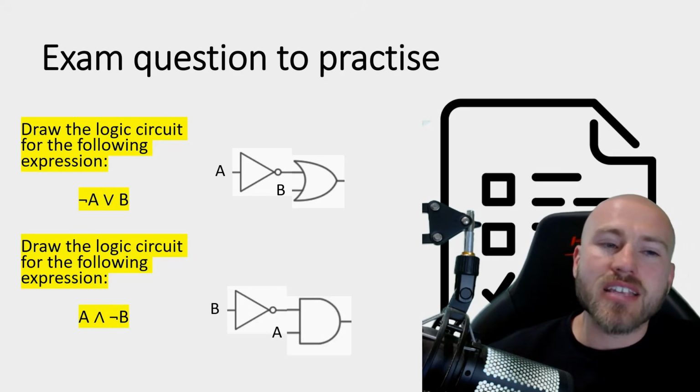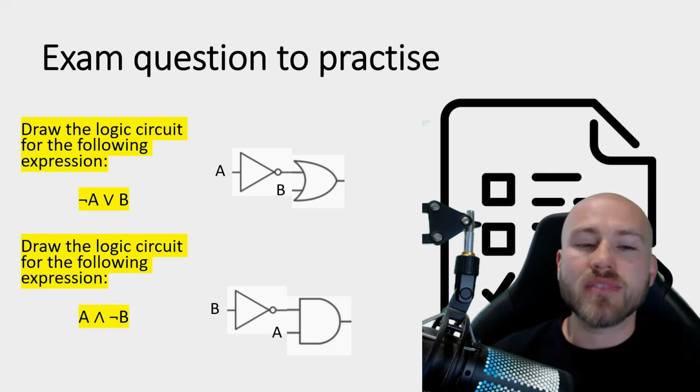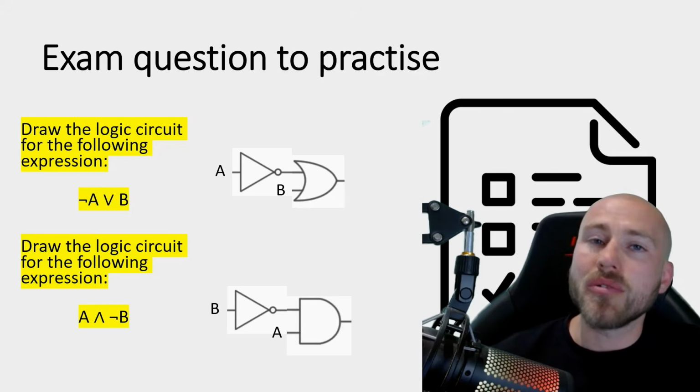And for our second answer, draw the logic circuit for the following expression, NOT B AND A. This is what it would look like. You've got B as the input going into the NOT gate, and then both of those inputs are going into